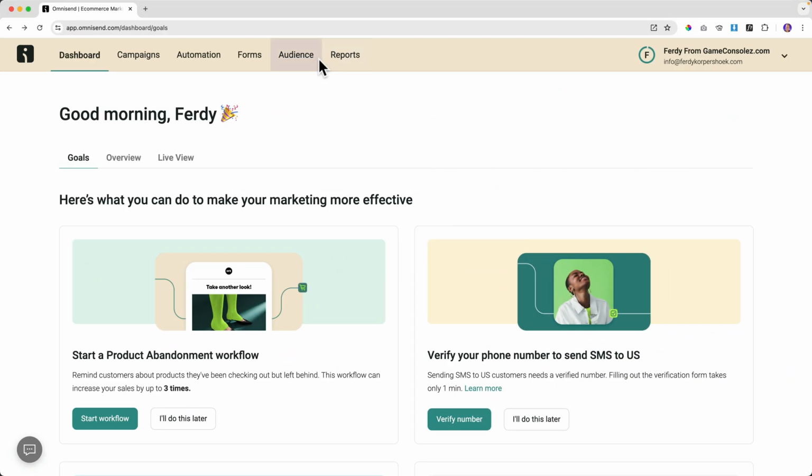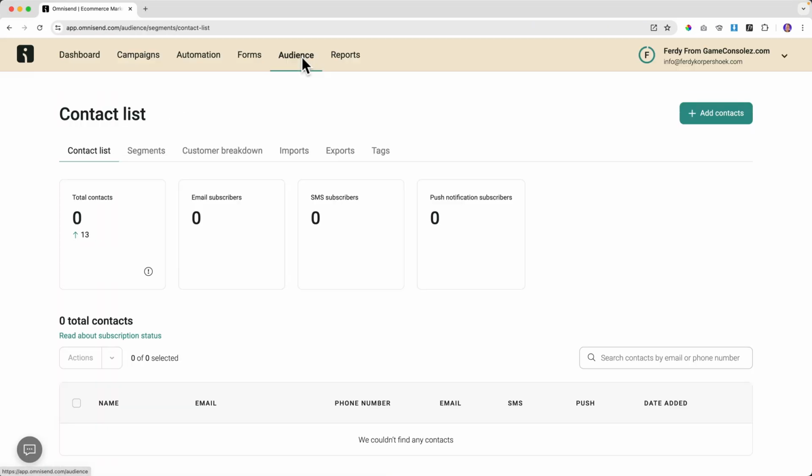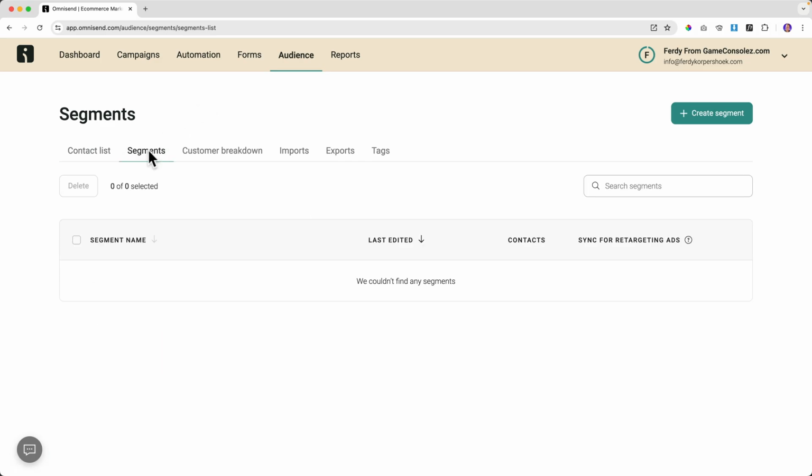Let's continue. In order to create segments, we go to audience. And then we go to segments. Why is this so important? Because based on the behavior of subscribers on our website, we can send specific messages to a specific group of people. So if there are people that have never opened one of my emails or text messages, then I can consider them as inactive subscribers. And maybe I should do a super good deal in order to make them active again. But if there are people that have bought for more than $1,000 on my website, then I should give them a different message than people that are totally inactive. And that's what you can do with segmentation.